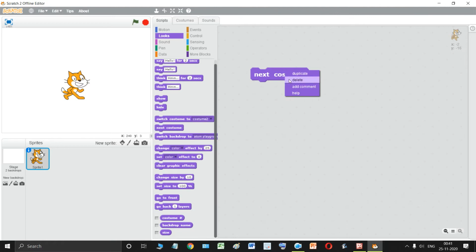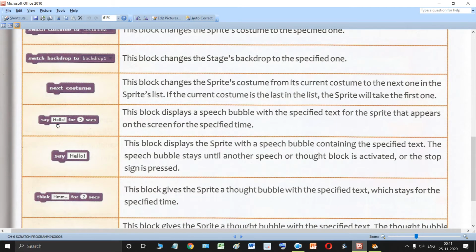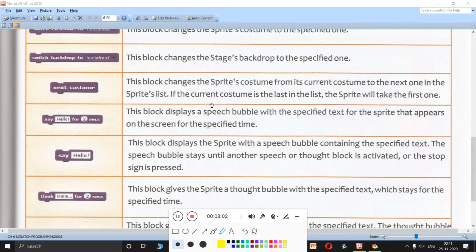Moving on to the next block. The next block is say something, for example, hello for this many seconds. This block displays a speech bubble. This is a very important point over here. What does it display?